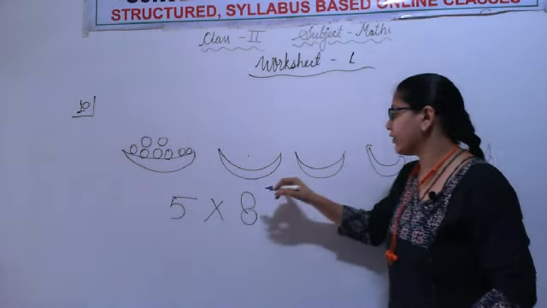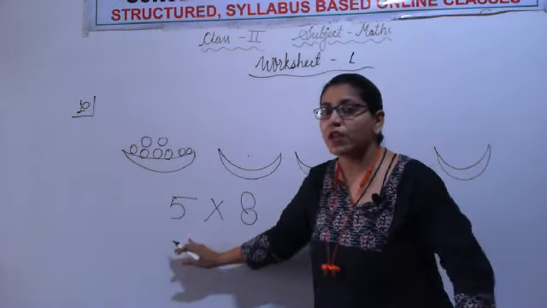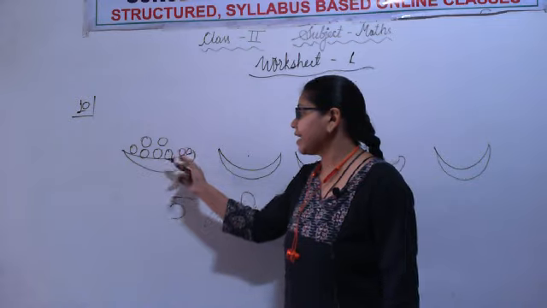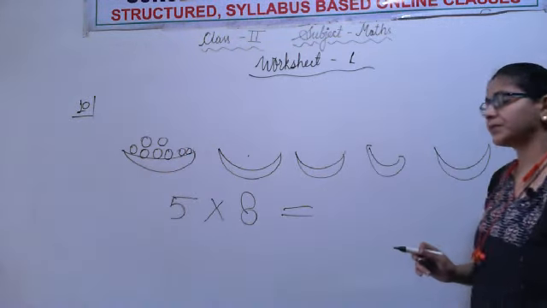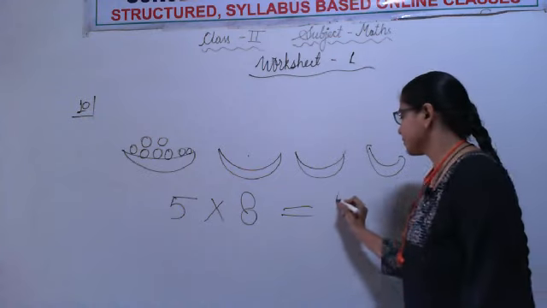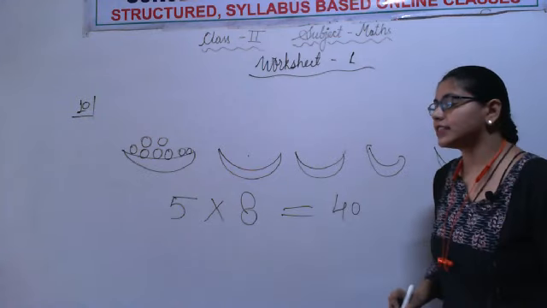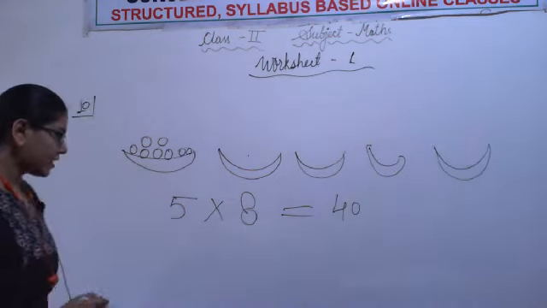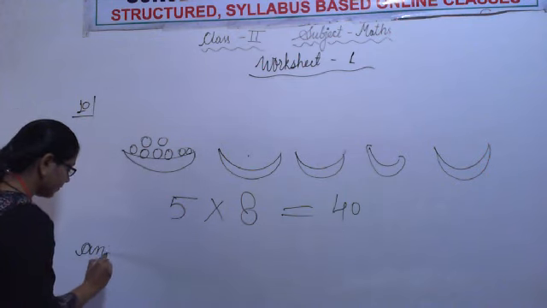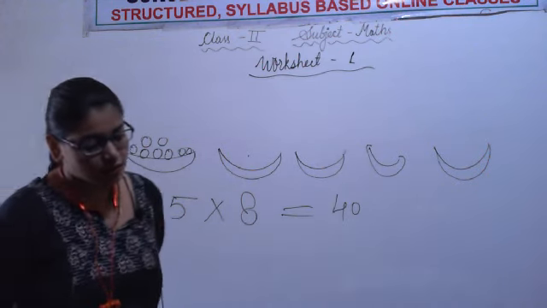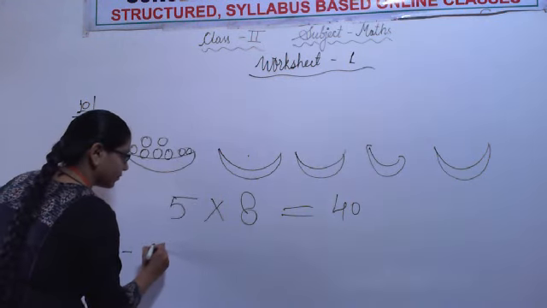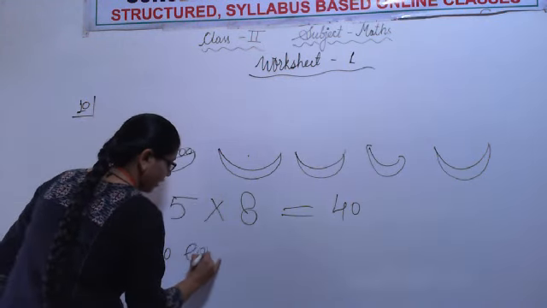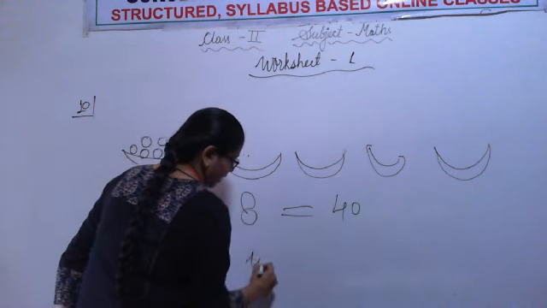Simply we know 5 times. So we had written 5. Which number? Number 8, because 8 eggs are there. So 5 into 8, 5 8s are 40. So this is how we got the answer. So let's write the answer. Question was, how many eggs would be there in 5 baskets? So 40 eggs would be there.